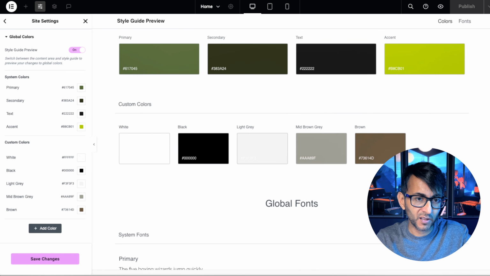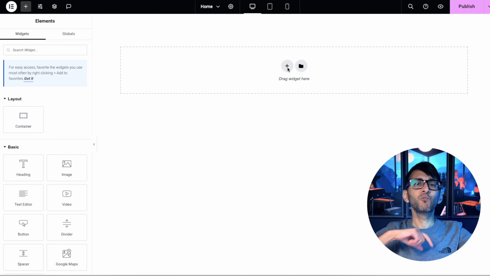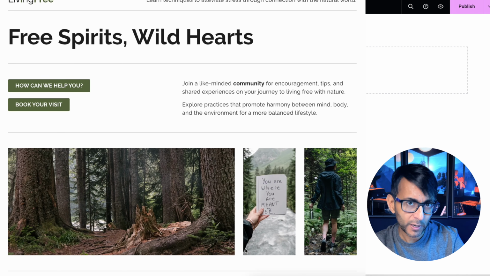Did you really need to sit through all of that? Of course not. But if this is the first time you're building an Elementor website, understanding these settings and tips on how to do your global fonts and colors are going to help you to build so much more efficiently than ever before. Let's get the ball rolling with Elementor Pro,